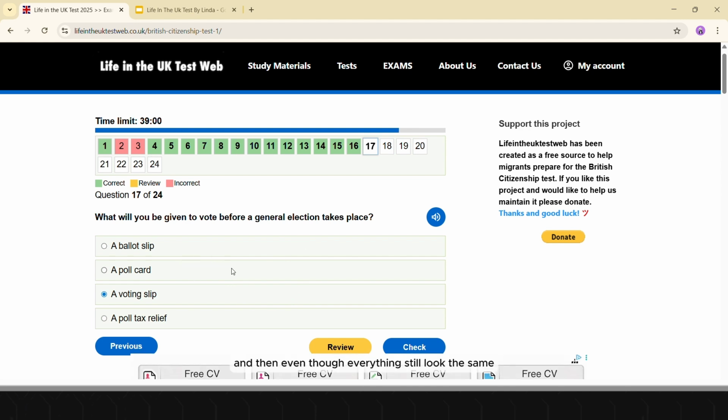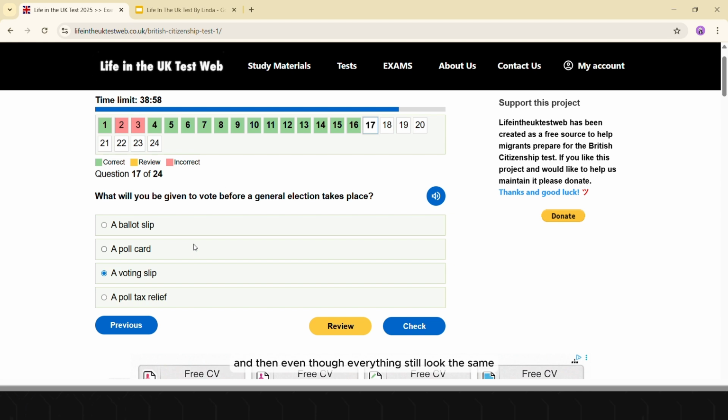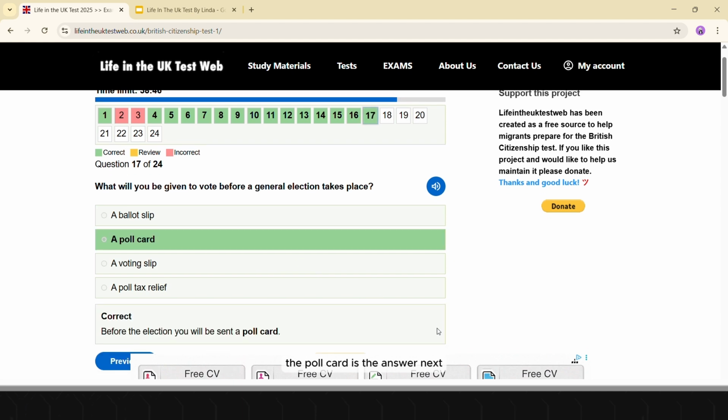And then, even though everything still looked the same, I set it up one by one. I find out what this looks like, what this looks like, what this looks like, and what they actually do. So at the end of the day, the poll card is the answer. Next,